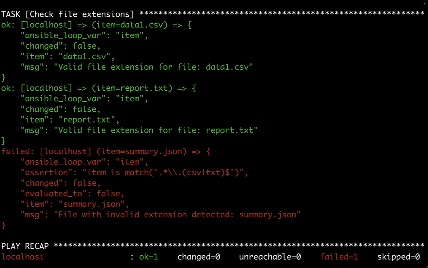In this video, we delve into the practical application of Ansible for automating file extension validation. This technique is essential for maintaining data integrity and security across different environments by ensuring that files conform to specific formats. This example playbook is designed to validate file extensions to ensure that each file ends with a specific format,